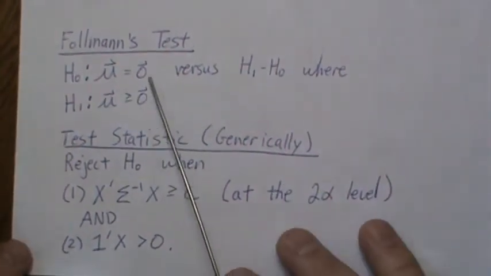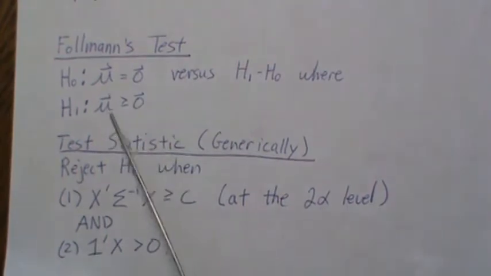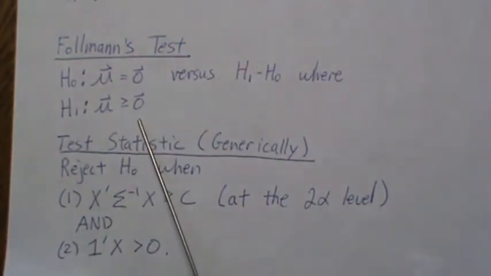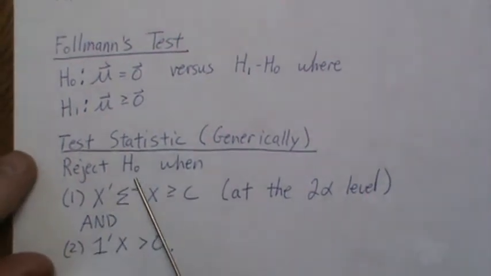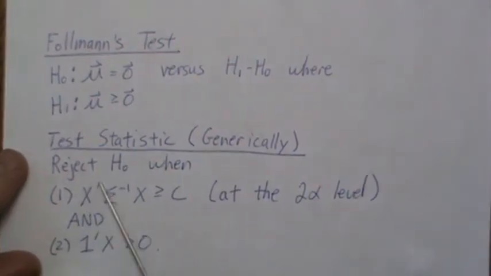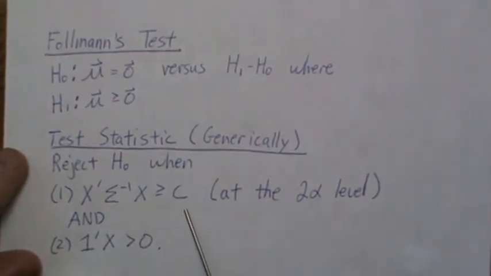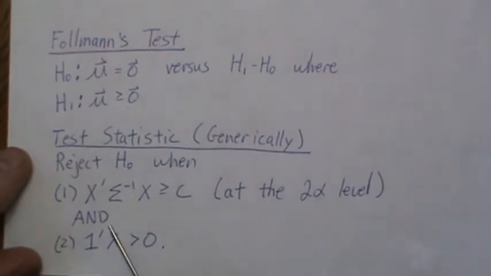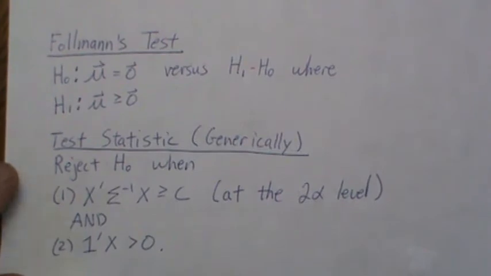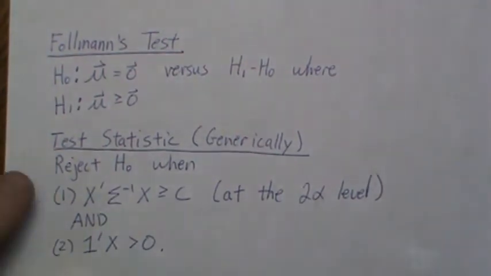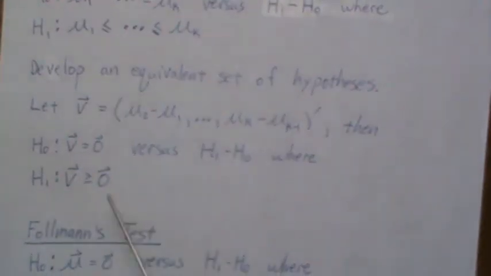Here, Follmann introduced a simple test for testing these ordered alternatives: the mean is 0 versus the mean tends to be positive. We reject the null when our test statistic, which is some sort of quadratic form, is greater than a cutoff at the 2 alpha level, and the sum of these components is positive. This is what Follmann developed in 1996, and we're going to use this test for this. So now let's jump back to this setting